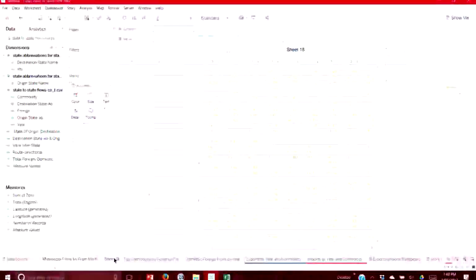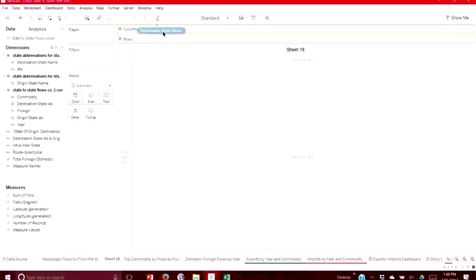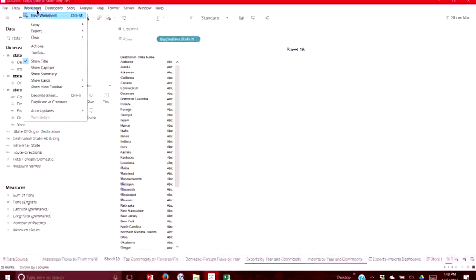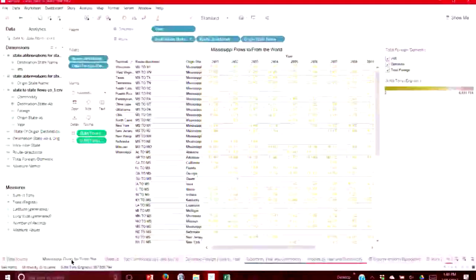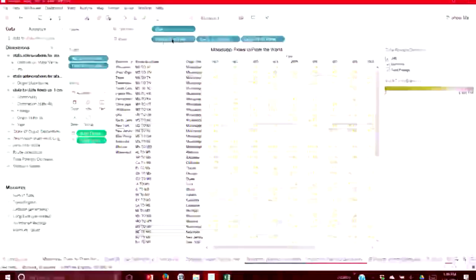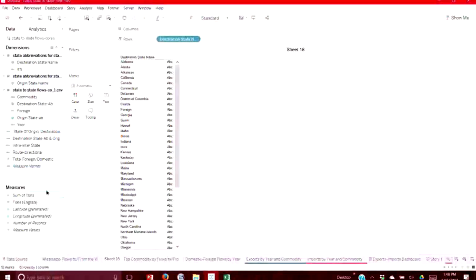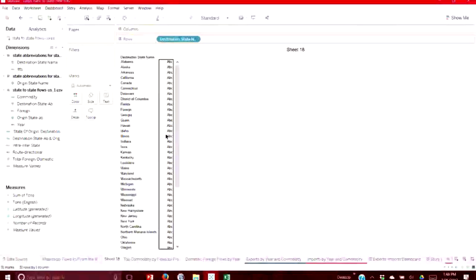I had destination here, so I grabbed destination as a row. I took Mississippi Flows from the world, and I'm going to duplicate this. I just look at what fields I have in what columns or rows, and I drag them over to the next one. So I know I need to put tons in there, so I drop tons.